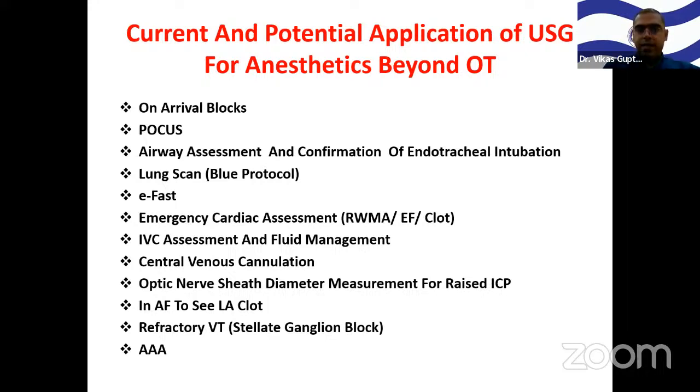So in that part, USG becomes the biggest and a very handy tool. Pain is the fifth vital sign, as previously discussed. We can use on-arrival blocks because the patient is in so much pain that he keeps saying the pain is so severe, please do something. Then we have to give some blocks that were already discussed, brachial plexus block and fascial blocks. Sometimes a femur fracture is so painful that before shifting the patient to the X-ray room, the patient wants some analgesic. At that time,